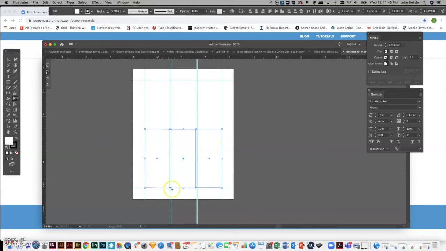So knowing that, having these 3 columns of text is kind of a good starting point, knowing that that will be where your body copy will potentially go. So the next thing I'm going to do is come over to my type tool and hold it down up in the corner. I'm going to draw a box all the way across. That's going to give me